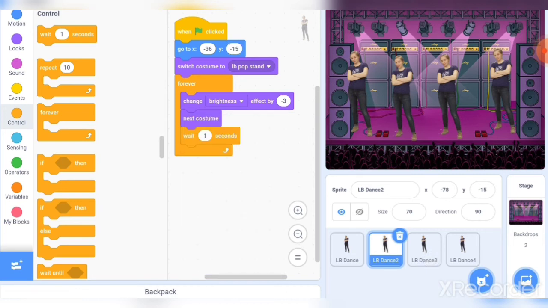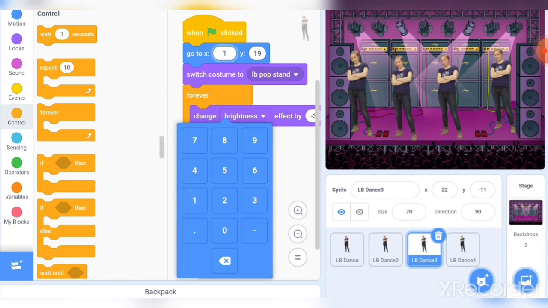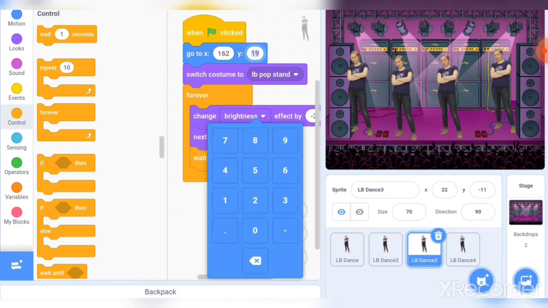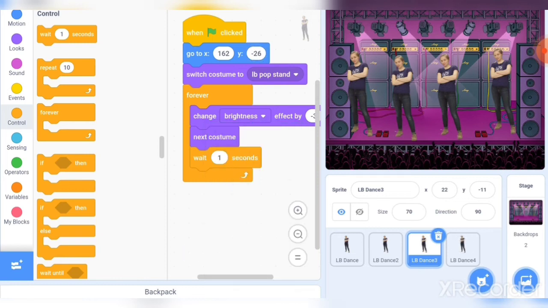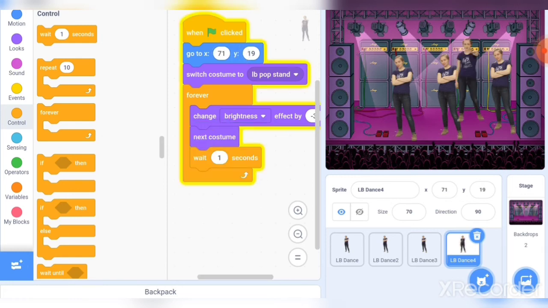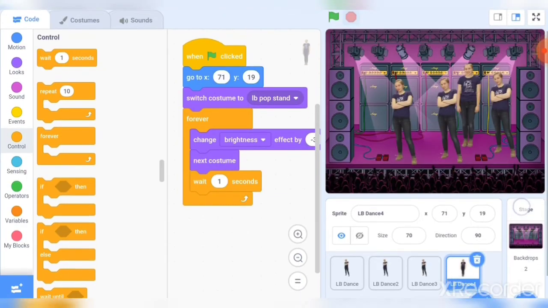Yeah, in the third dance I want a downside, so for that I will choose a positive 162. Yeah, and the y will be negative, -26 is better, I think. So yeah, -26. And for the last sprite both will be positive. So go to x will be 71 and go to y will be